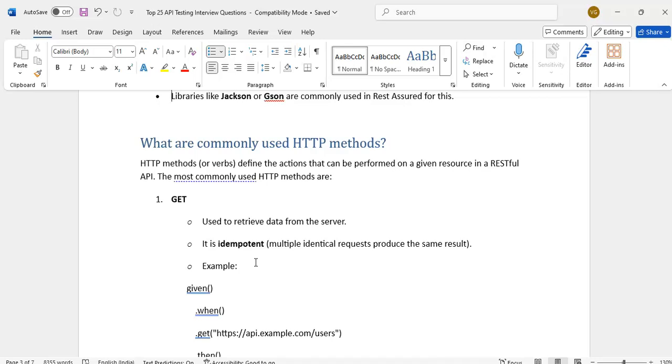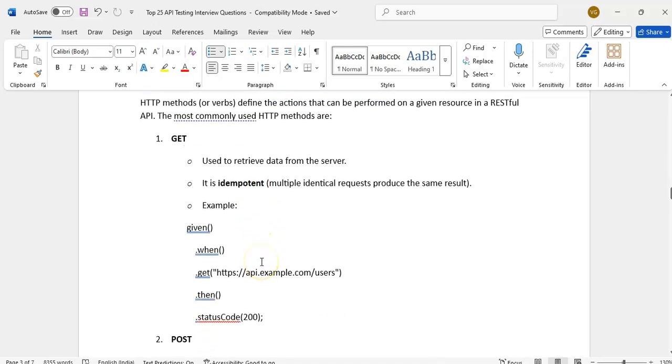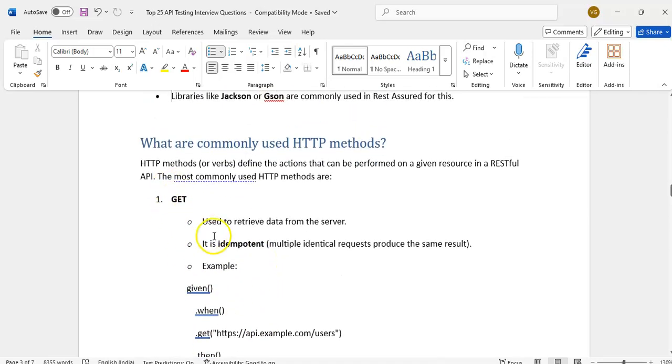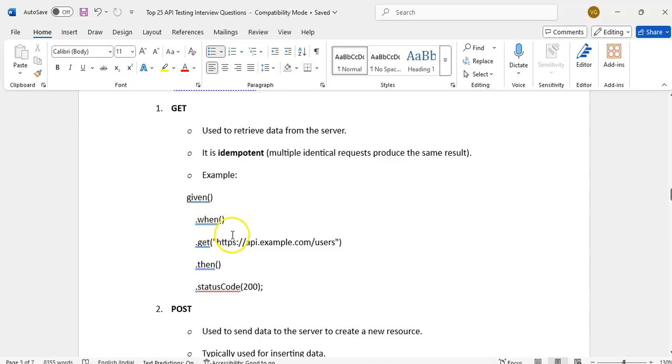It will not create any resource, just retrieve. If it is not creating a resource, it is idempotent. We will learn more in further questions. Given, when, and then, when get users, then status code 200.